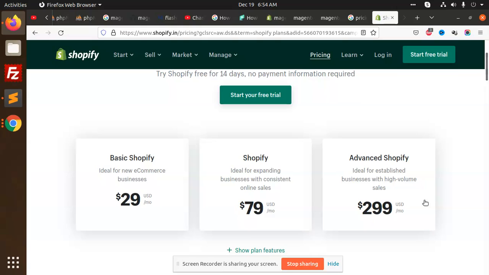But for small-scale businesses or maybe big ones, you can use the Shopify platform because it's easy to use, and in just 5 to 10 minutes you are able to set up the store and get ready to sell. After that you will receive orders and everything. So this is the basic store setup. In the next video we are going to check how we can add a product, how to show it on the front end, and basic customization of the theme.